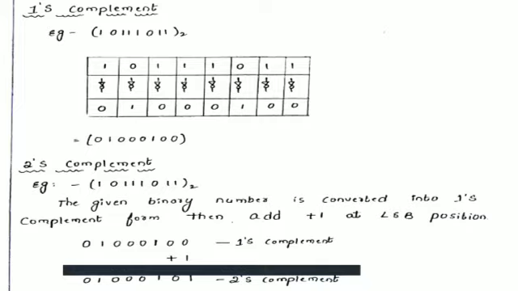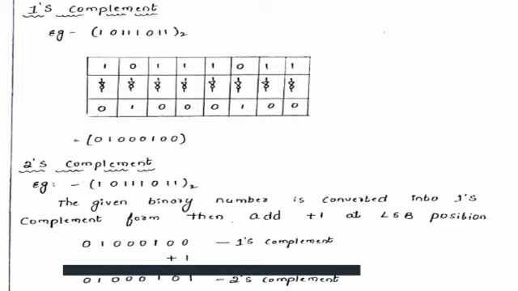After that, how are we going to represent the two's complement number? For this, I am taking the same example binary number. First of all, we need to convert it into ones complement. In place of 1, we replace with 0, and in place of 0, we replace with 1. So 1, 0, 1, 0, 1, 0, 0, 1, 1, 0, 1, 0.